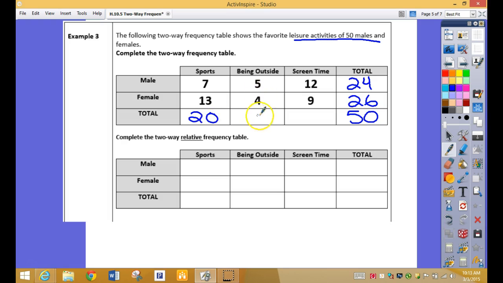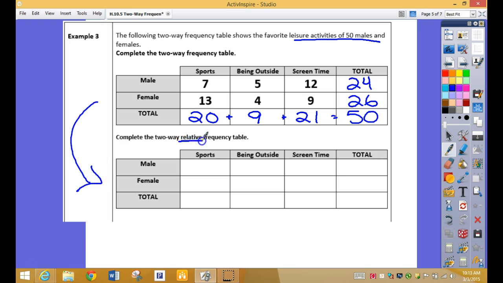5 plus 4 is 9, 12 plus 9 is 21. So 20 plus 9 plus 21. Does that equal 50? It does. So the numbers are correct. There are no errors. Now, off of that two-way table, let's take this same information and put it